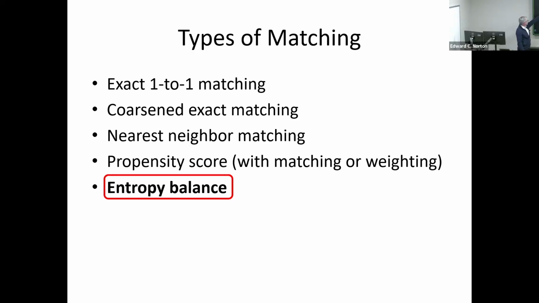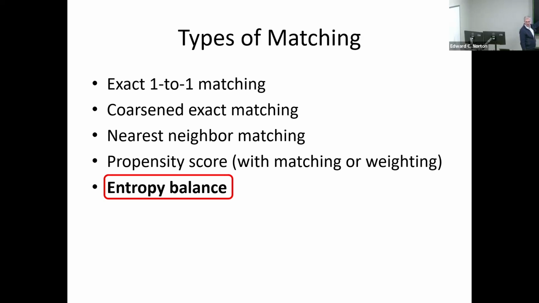So to get around that, people have created approximations to that: coarsened exact matching, nearest neighbor matching, wonderful names for basically saying we'll do a decent job, but not as good as one-to-one matching. There are some trade-offs there with how close a neighbor do you have to be, how coarsened, how close do you want to be, and so there are trade-offs between getting the covariates balanced versus losing observations because there is nobody nearby.